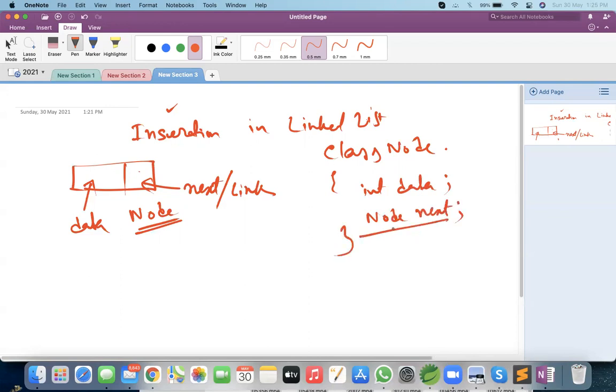What is Node next? Next is the field name, so this field name I am putting as next. And what is the data type of it? Next will contain another node. That's why the data type of next should be Node. This is very important. It should not be double or anything. What kind of data you want to store, you can store in here. If it is a string, this part will change and it will be string data, but this part will remain the same. It will only store a Node next.